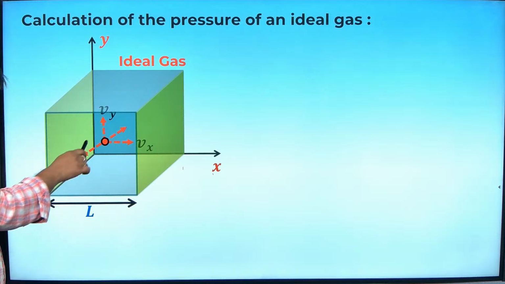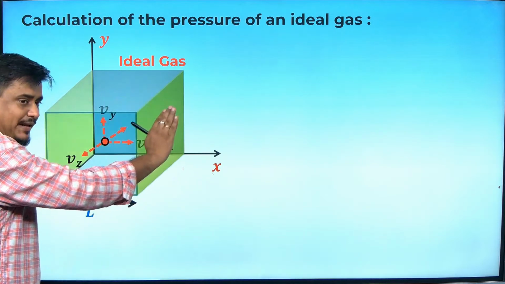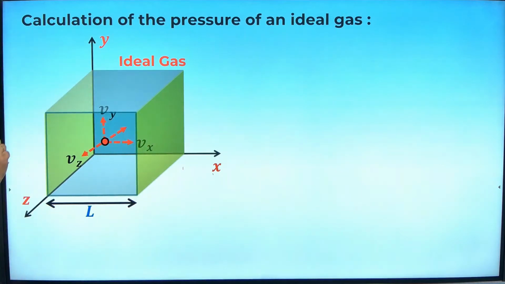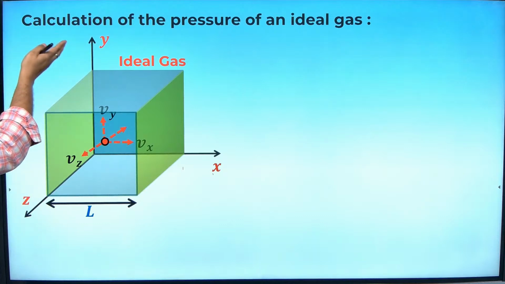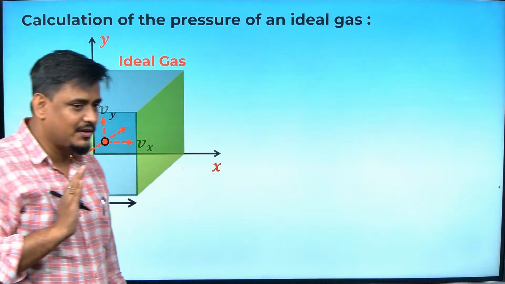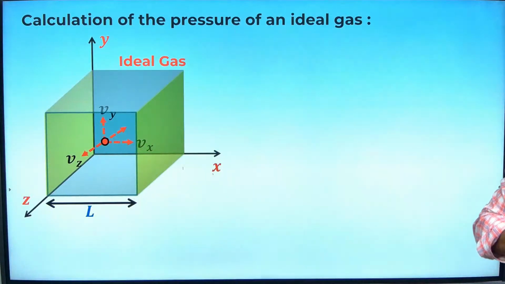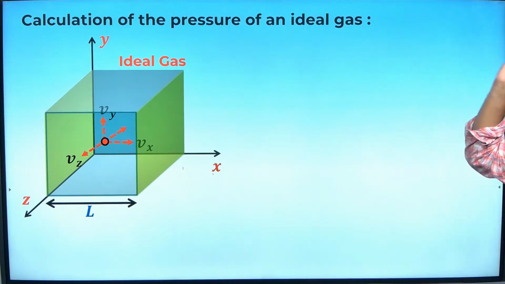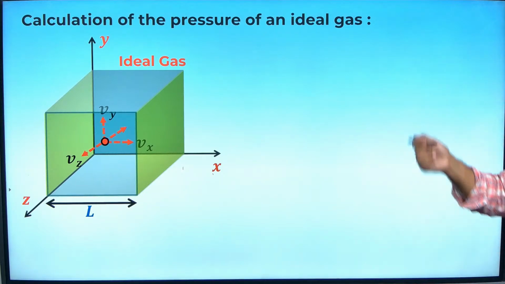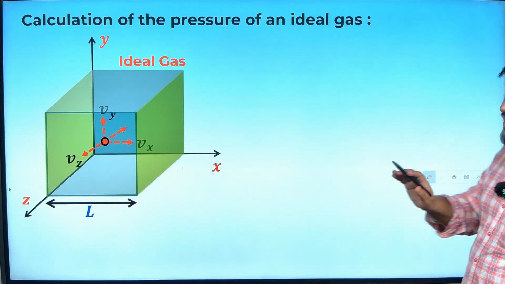Same way, if the gas molecule would have moved in the Z direction, then what is the pressure it exerts on the XY plane? And if the gas molecule would have gone in the Y direction, then what is the pressure exerted on the XZ plane? Don't worry, we'll do one and write the others similarly, and it will be easy. So we'll take the X direction and try to find it. First, I am assuming the gas molecule moves in the X direction